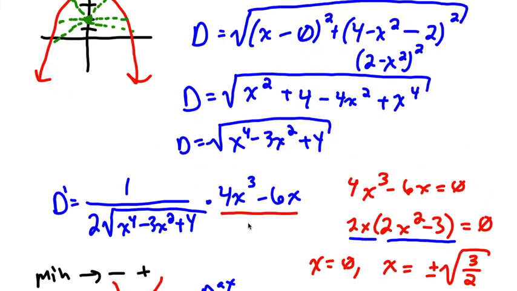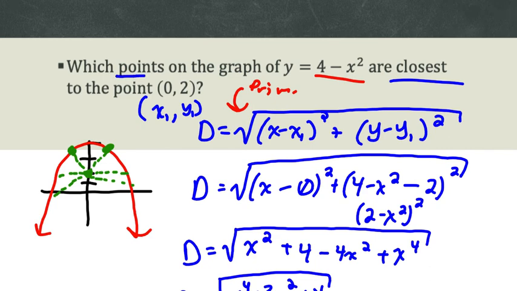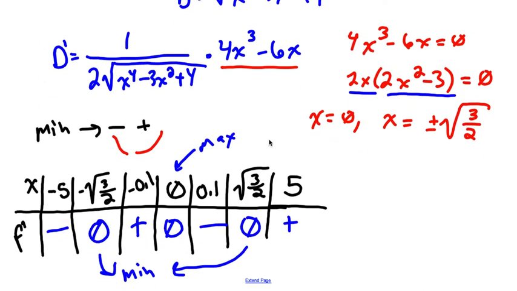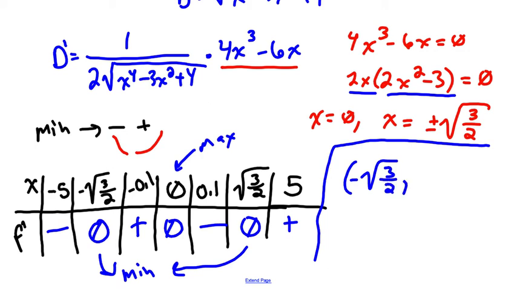Okay, now let's come back up here because it says which points. It doesn't say which x values, it says which points. So we are not done. We need to take those x values, so negative square root of 3 over 2, and plug that into the original function, the 4 minus x squared. So plug that into your calculator. 4 minus, where our x is negative square root of 3 over 2, so when we square that, we just get 3 over 2. So 4 minus 3 over 2. If we want to leave that as a decimal, you get 2.5, but if we want to leave that as a fraction,